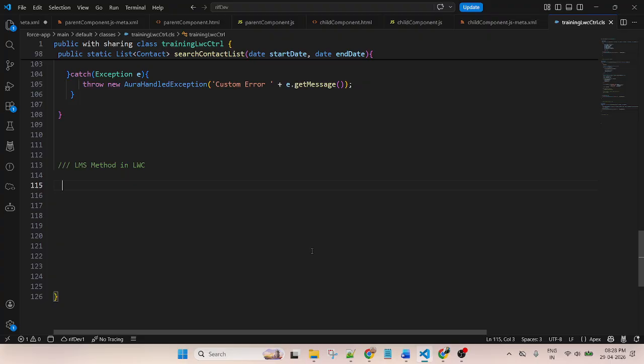There are two methods we need to create. First we need to fetch the data. Second we need to update the data.